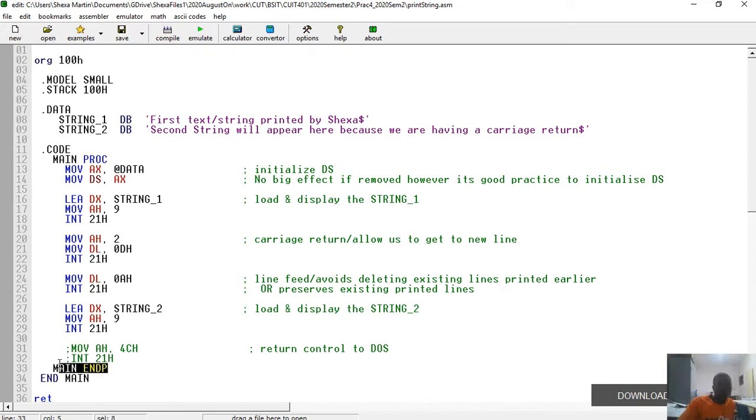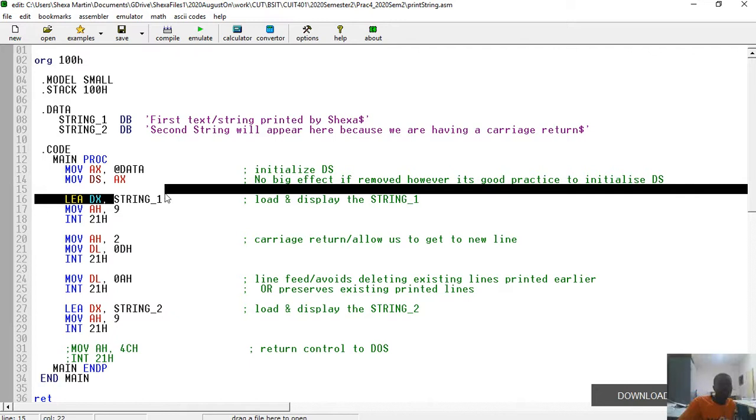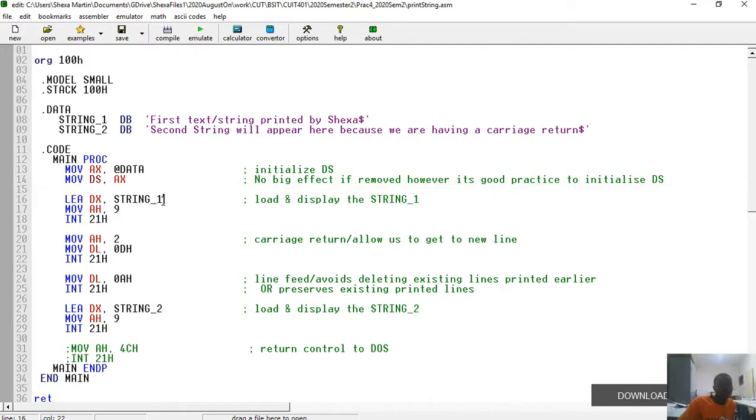Right, so what is happening is we are now initializing our DX with the DS register, and then what happens next? We put the address of our string. Remember that whenever you want to print a string, the address of the string must be residing in the DX register, and then